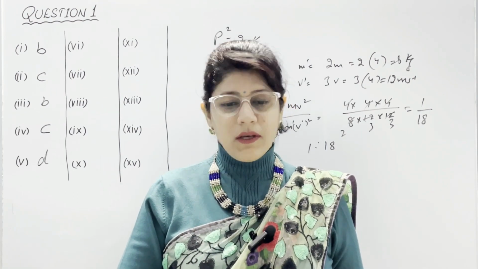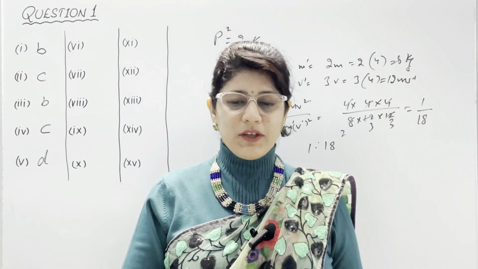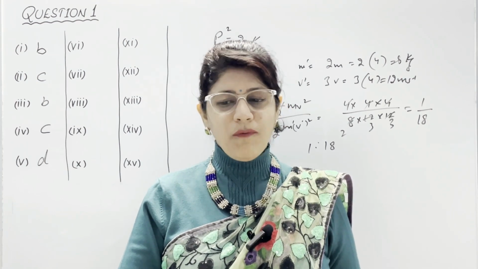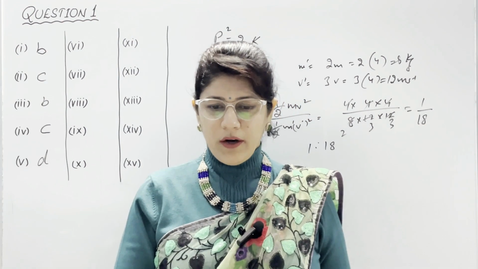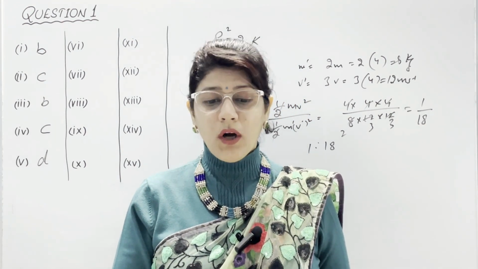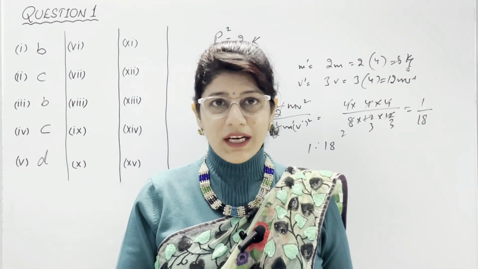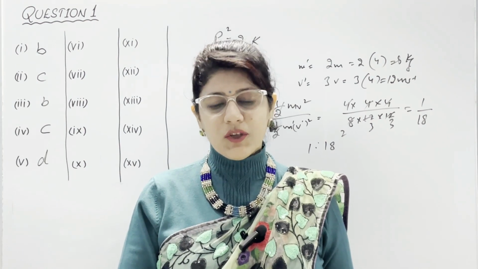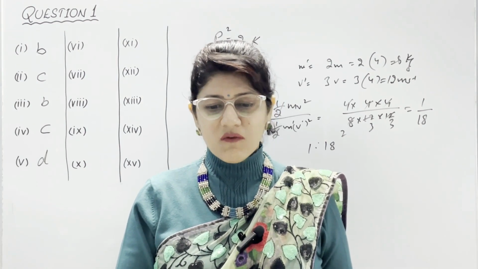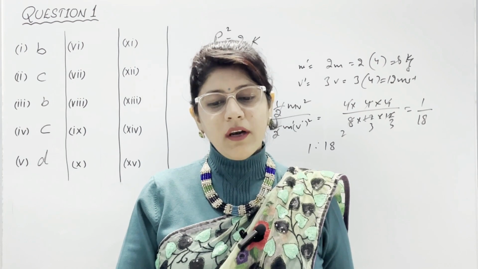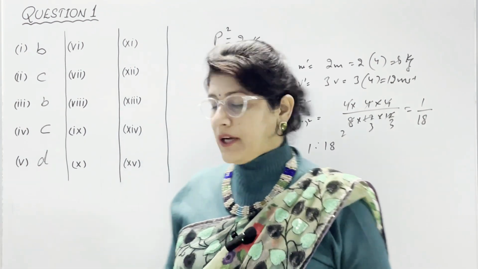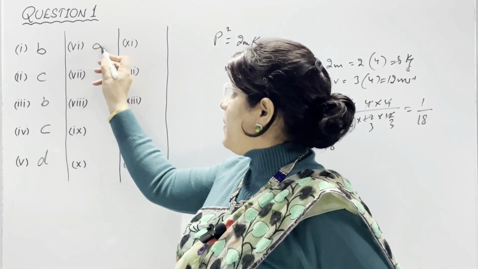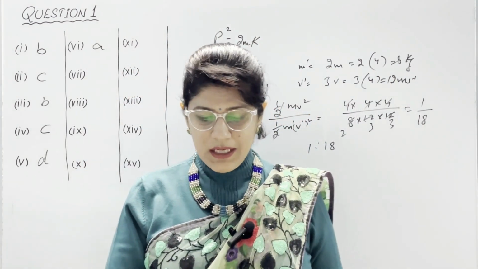In part number 6, an object AB is placed in front of convex lens at its principal focus as shown in the figure. As you know, the diagram of convex lens is drawn here. AB object is at its focus. So we know that when the object is placed at focus, the ray which is going parallel to the principal axis will pass through focus and another ray which passes from optical center will go undeviated. So our correct option is A in 6th part because this diagram is correct.